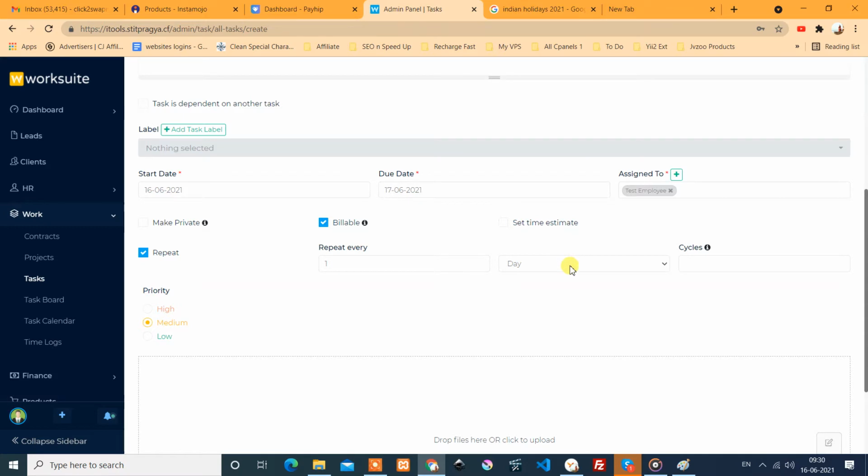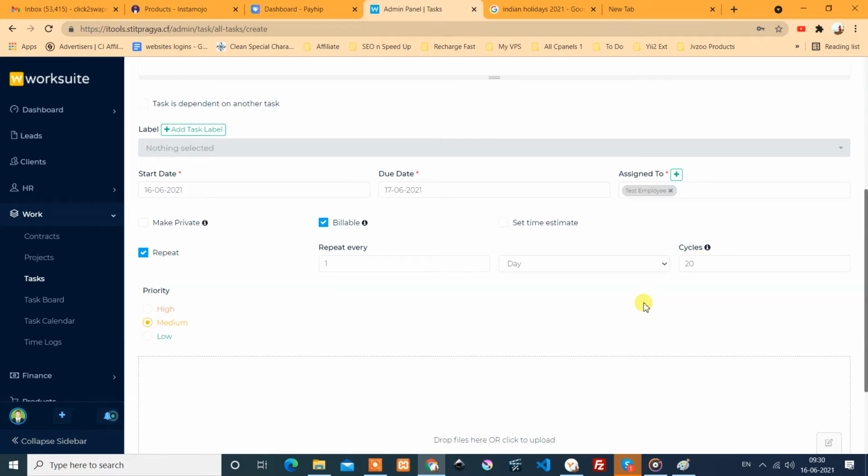It has a repetition cycle, so you can repeat every day, hourly, or weekly. And how many cycles means how many times. Suppose I have to repeat this task for the next 30 days or 20 days, you can do it like this.